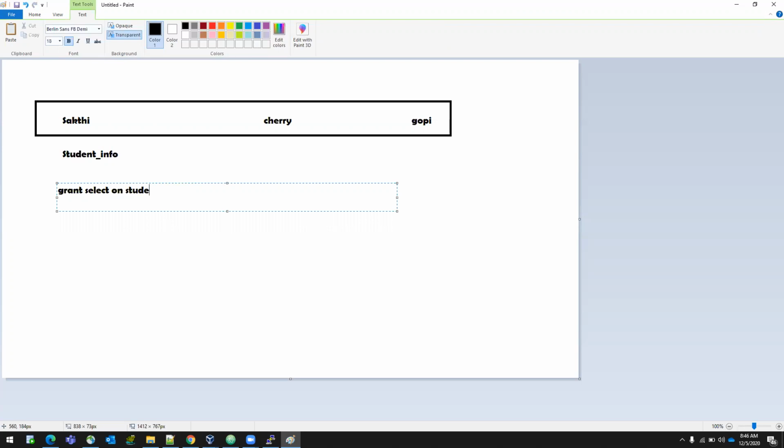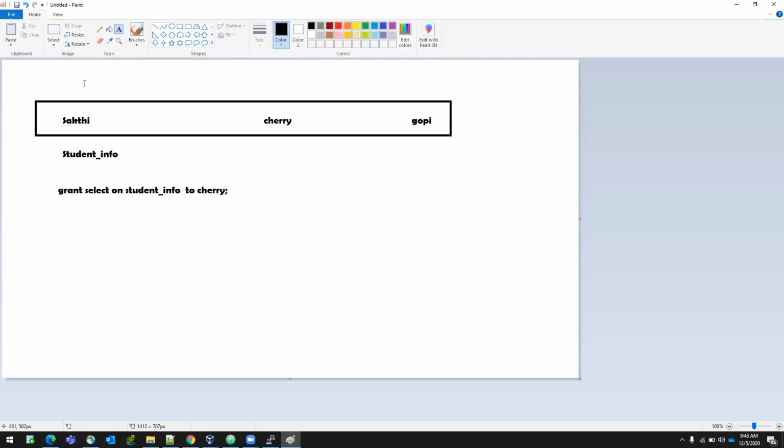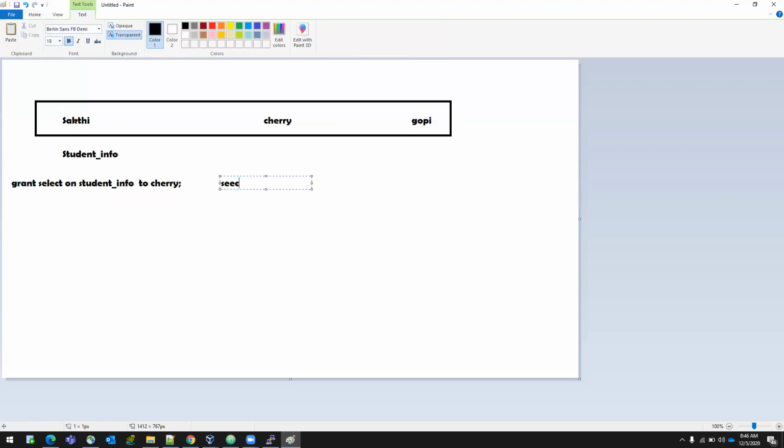What is the table name? STUD, student underscore info. To whom? To Cherry. If you give this, then Cherry can go there and access it. How can he access it? He can go like this: select star from